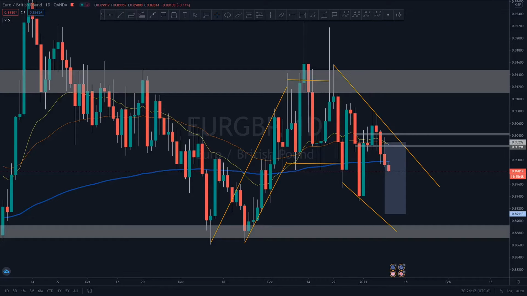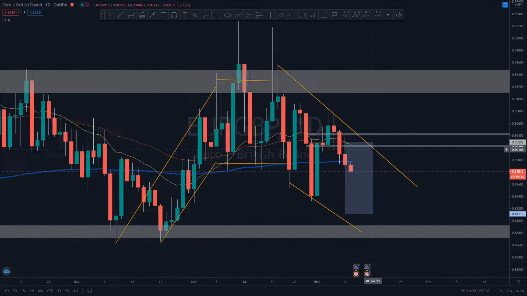So pretty much I'm about to do a rundown of this trade I got in on EURGBP. In order to do that, I'm gonna go ahead and start on the daily time frame, right? So on the daily time frame,